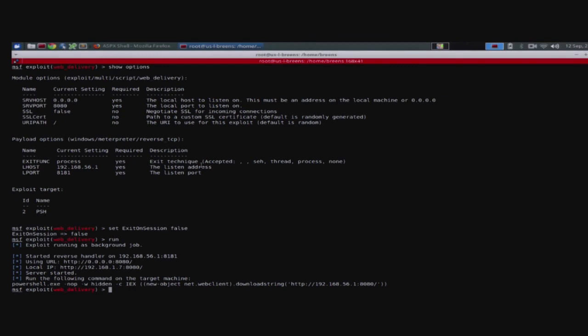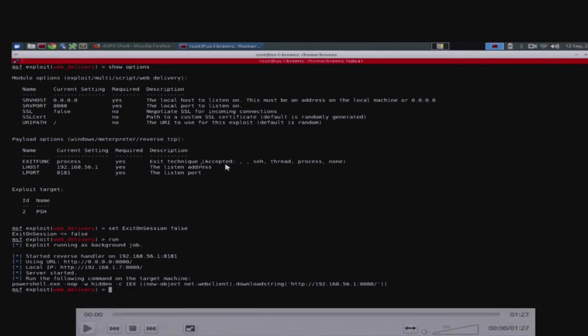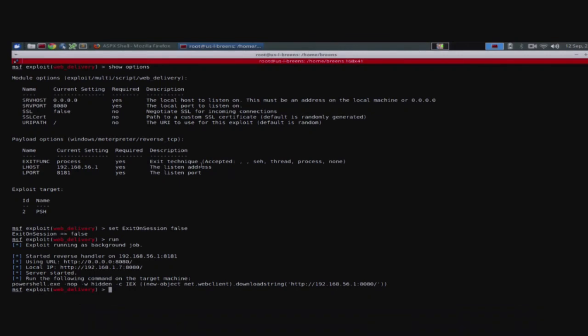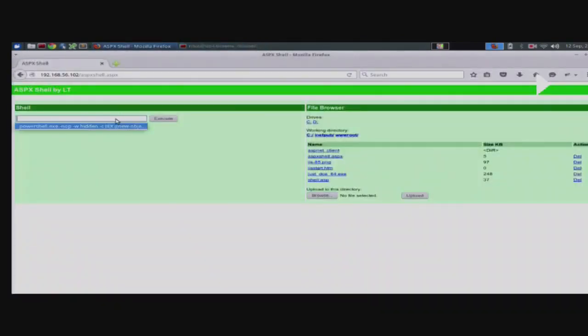Okay, so what we have set up here, for those who can see the blurred lines, is a Metasploit Meterpreter listener listening for a shell back, and I use the web delivery payload. Over here I have an ASP shell on an IIS box, and I just pasted in that PowerShell string for web delivery. So I'm going to get a Meterpreter shell as the IIS service account, and that's on the way, coming through.